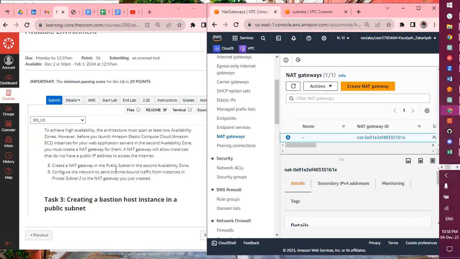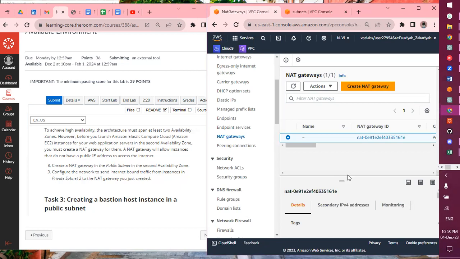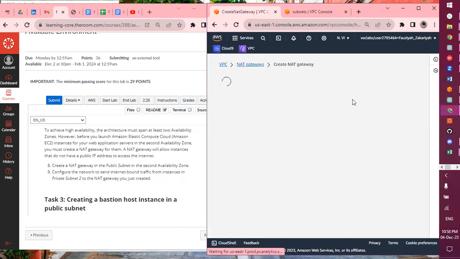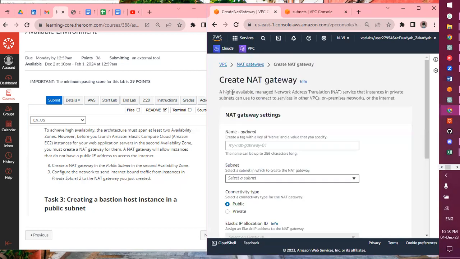So, I want to create a NAT gateway in the public subnet in the second availability zone. The second availability zone is going to be us-east-2 anyway. If you want to check, just check public subnet 2. We see that it's in us-east-2. So what is the name? Did they give us a name? Nope, they didn't give us a name. So I'm just going to say